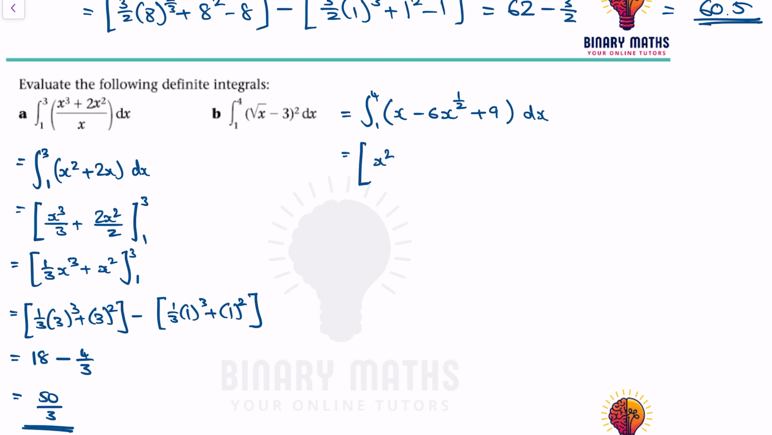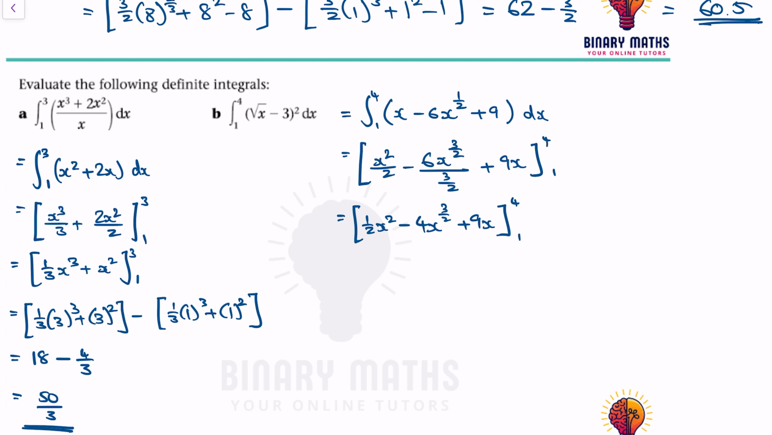So I get x squared over 2 minus 6x to the power of 3 over 2 over 3 over 2 plus 9x, substituting in upper limit 4 and lower limit 1. If I simplify this, I get half x squared minus 6 times 2 is 12, 12 divided by 3 is 4, minus 4x to the power of 3 over 2 plus 9x between 4 and 1. Substitute 4 in, so half times 4 squared minus 4 times 4 to the power of